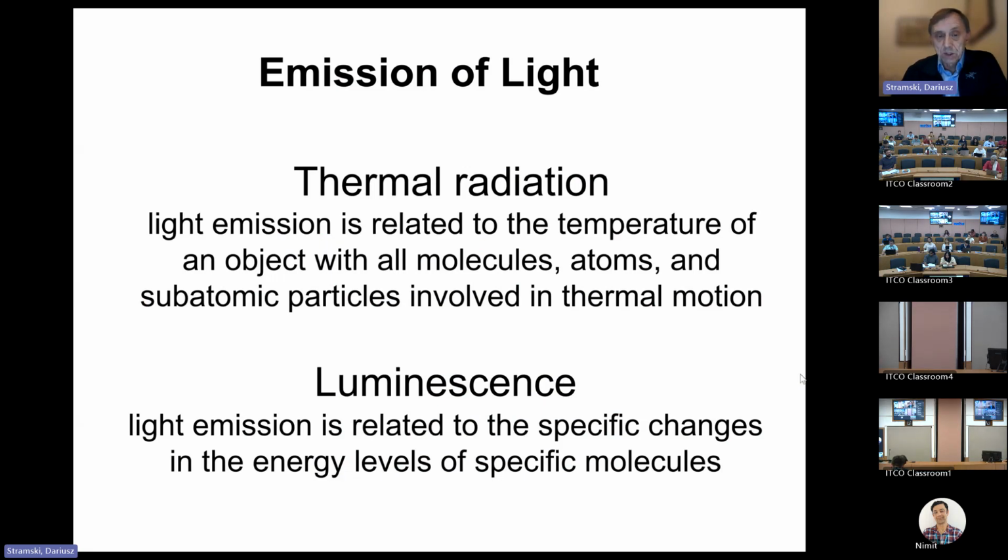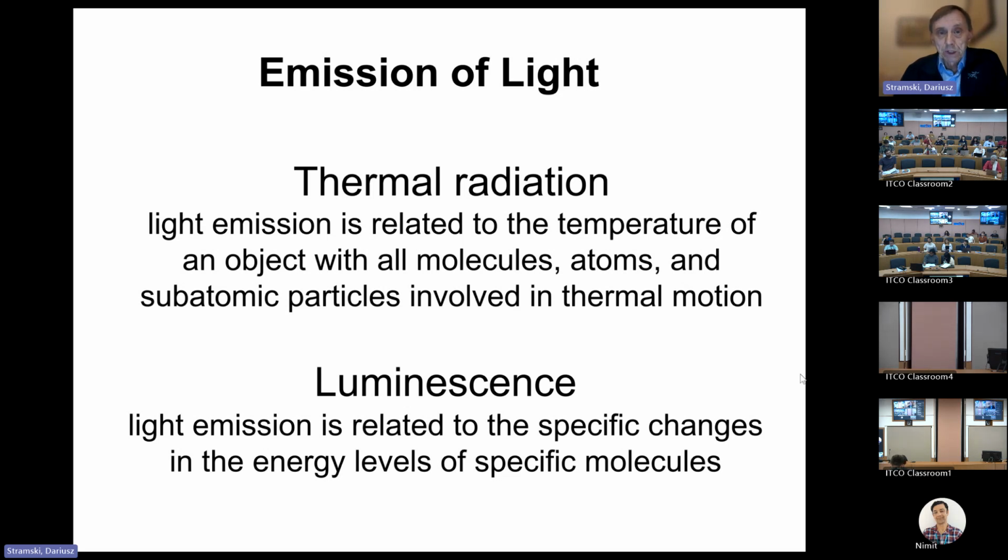For ocean optics is bioluminescence, where the chemical energy of reactions of certain molecules is being utilized to, or converted, if you wish, to produce photons, bioluminescent photons, and this occurs in many marine organisms and microorganisms. But my focus will be primarily on thermal radiation today, the mechanism of thermal radiation, and one of the most